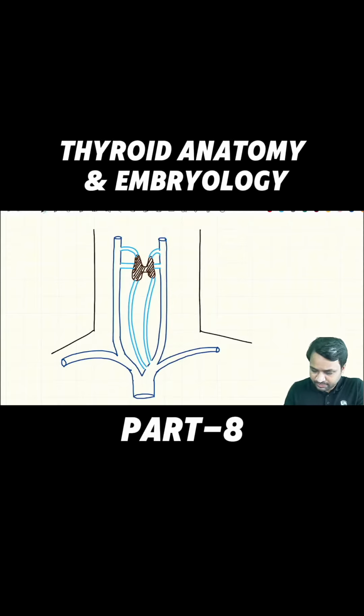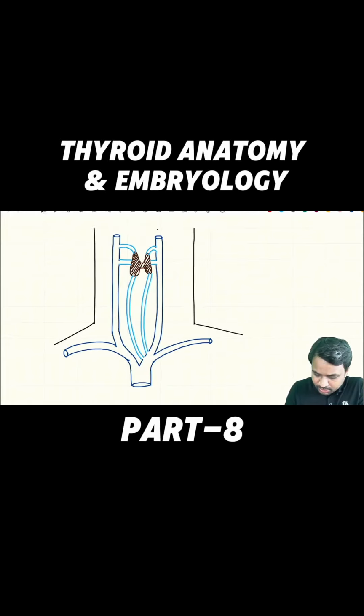So for the sake of understanding, if I label them across, this happens to be the corresponding internal jugular vein. So this is your left internal jugular vein. This happens to be the right internal jugular vein. Now this is what we call the superior thyroid vein. This happens to be the middle thyroid vein, and this happens to be the inferior thyroid vein. Now all these three veins are going to drain the thyroid gland, and when they drain into the left brachiocephalic